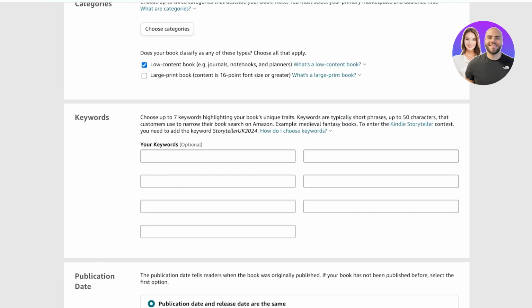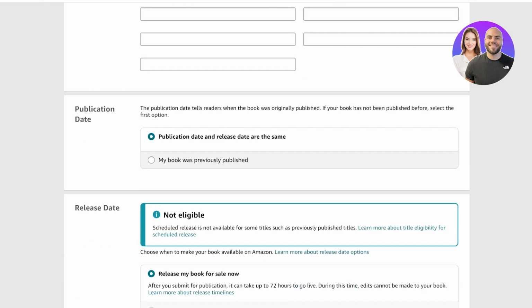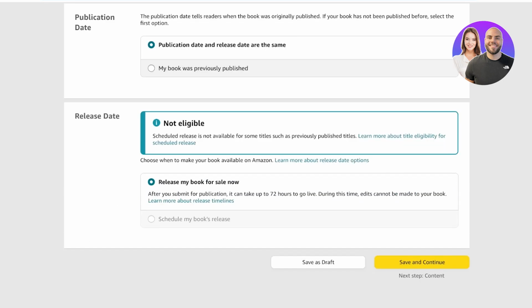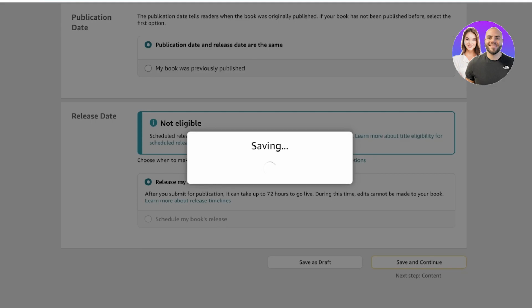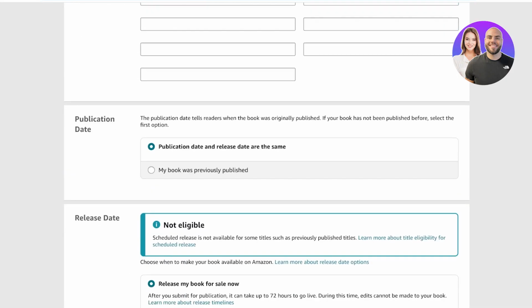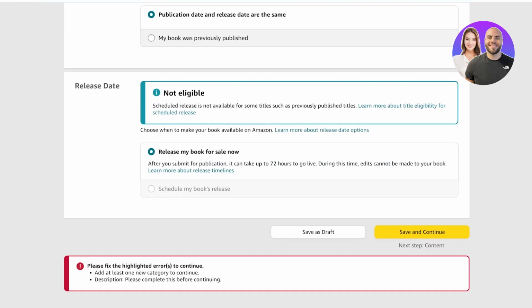And then below that, we have our keywords that we can add, the publication date, and the release date. Once you've done that, you can click on save and continue. And once you have proceeded with your category and description, so I have to